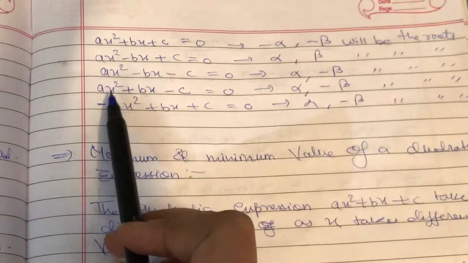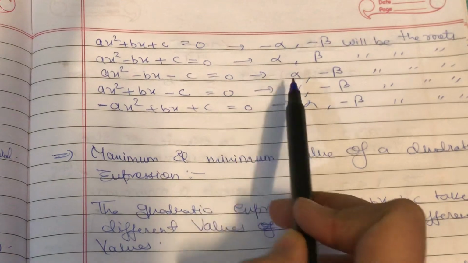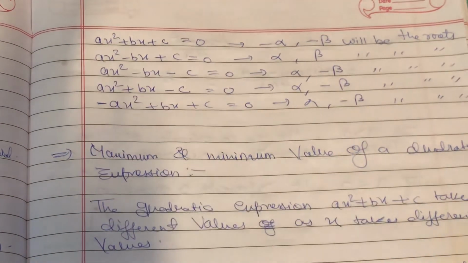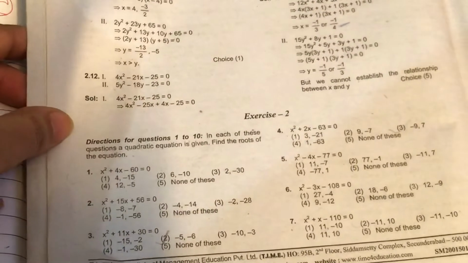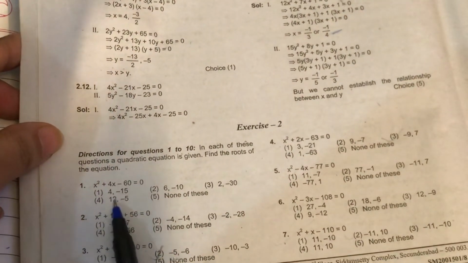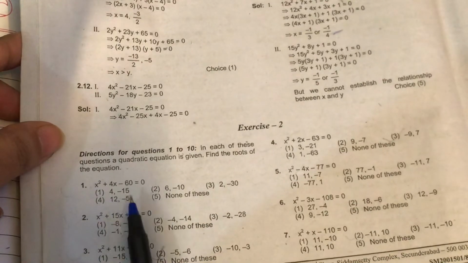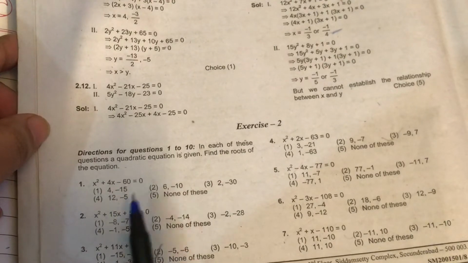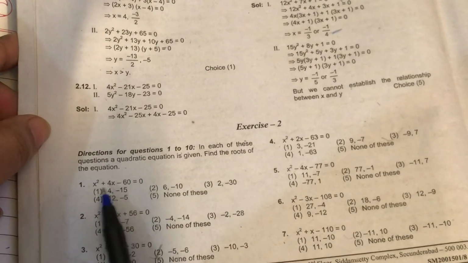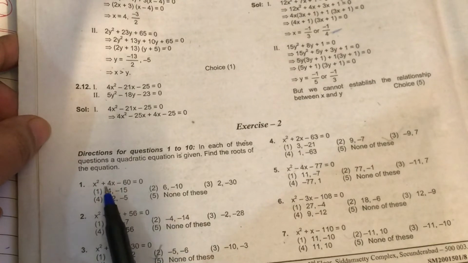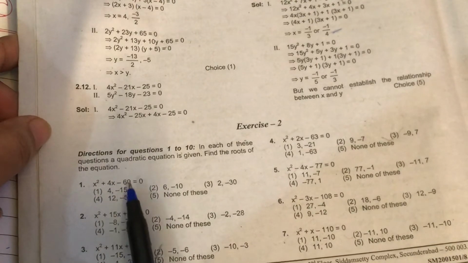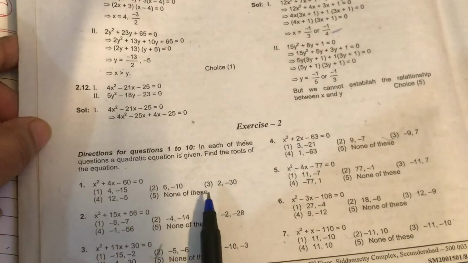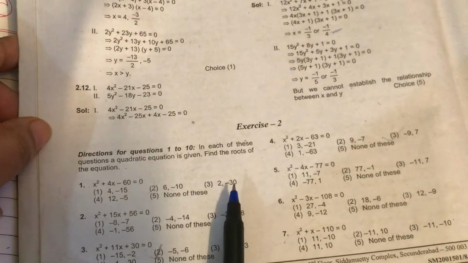We have ax squared plus bx minus c equals 0, which means one root is going to be positive and one root is going to be negative, isn't it? This is of this type. So one root is positive, one root is negative, and the options are positive, negative like that. So all the answers we can see. Now here we have 4x, so definitely the sum of the roots must be positive, and the product would be minus 60. If you check that, you will find which option you should opt for, right?